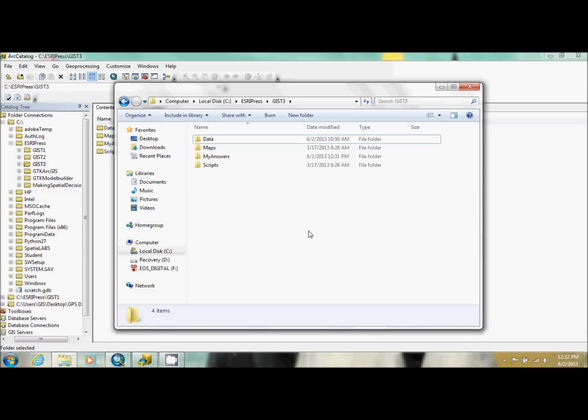This is tutorial 5-3 in GIS tutorial workbook 3. In this tutorial, we're going to be setting up a geodatabase topology. Now, before we begin, they want us to look at a PDF of some rules that we're going to be